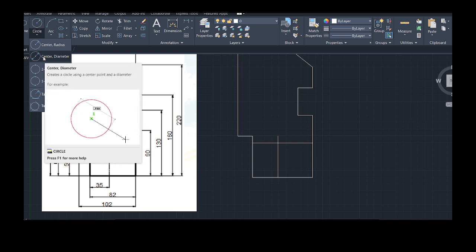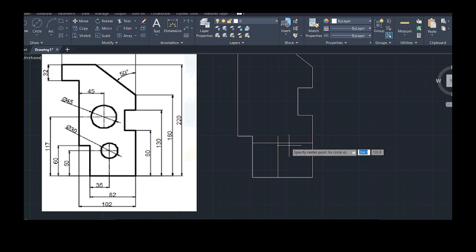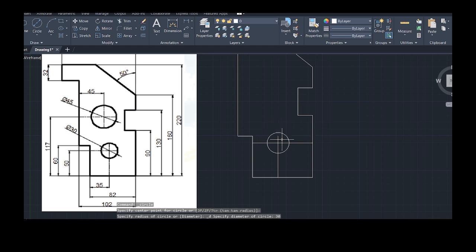Now I am selecting circle. Now I go to draw the circle, select the center diameter option, select the intersection of two lines, that is the center point, and the diameter. Now specify the diameter is 30. Okay, enter. Now circle is over. Then